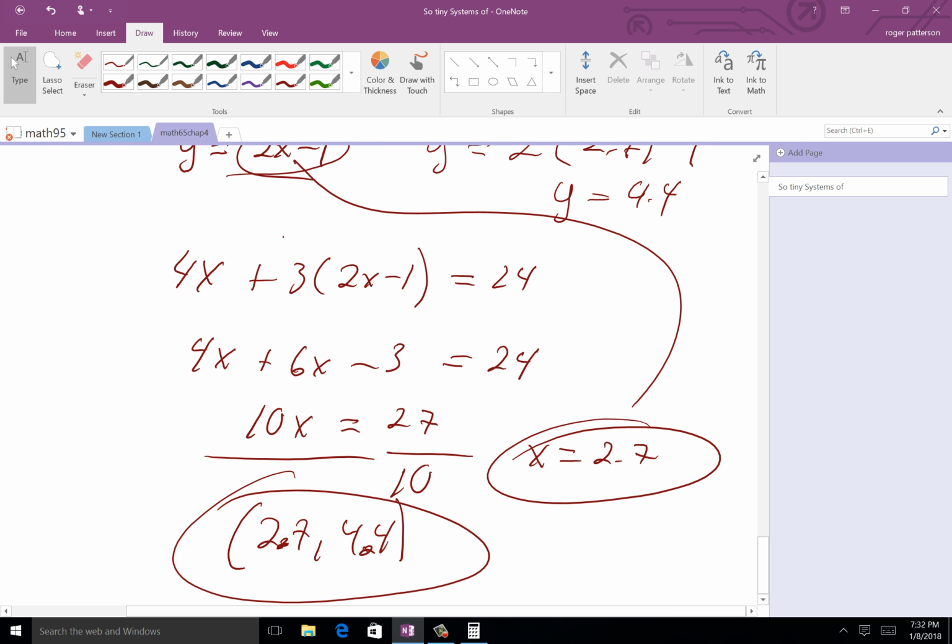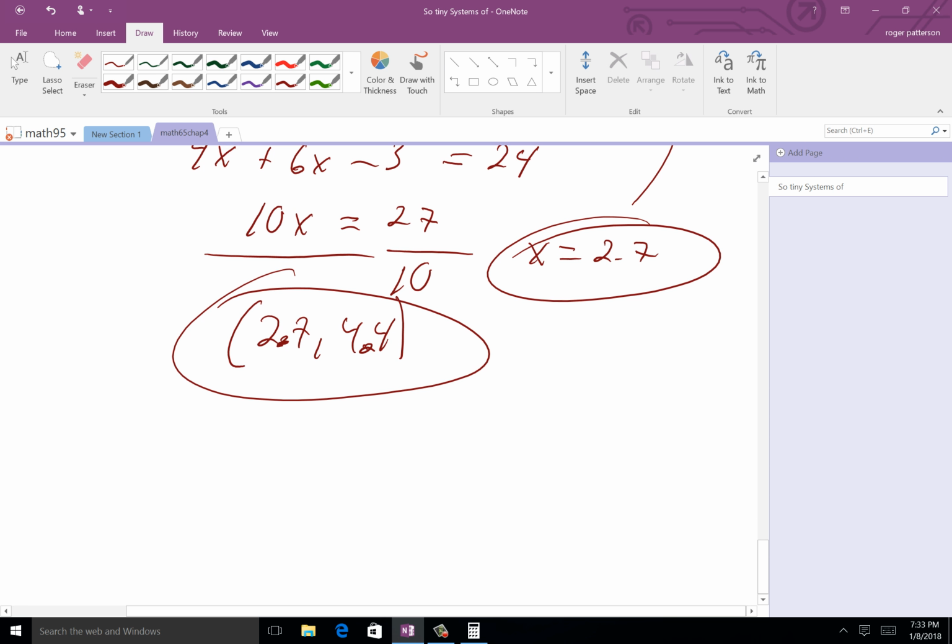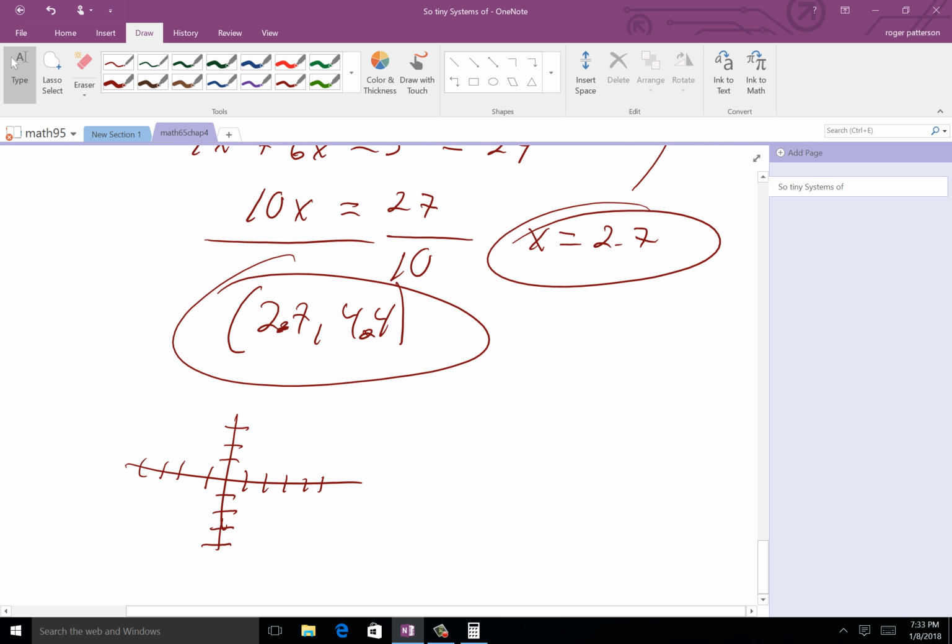All right. Here we go back down to this. Any questions on that, how that worked out? Questions on substitution? Can you show me how, by hand, you check it by graphing? By hand? Yeah. Sure. So you're just going to make a graph like this, right? Now, okay, so then let's see. You have to help me out. What was it? Y equals 2x minus 1, right? That was one of the equations, okay. And the other one was